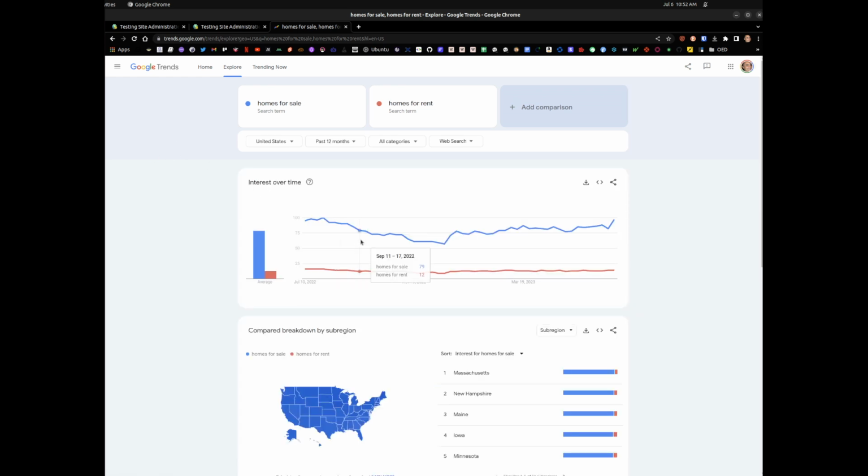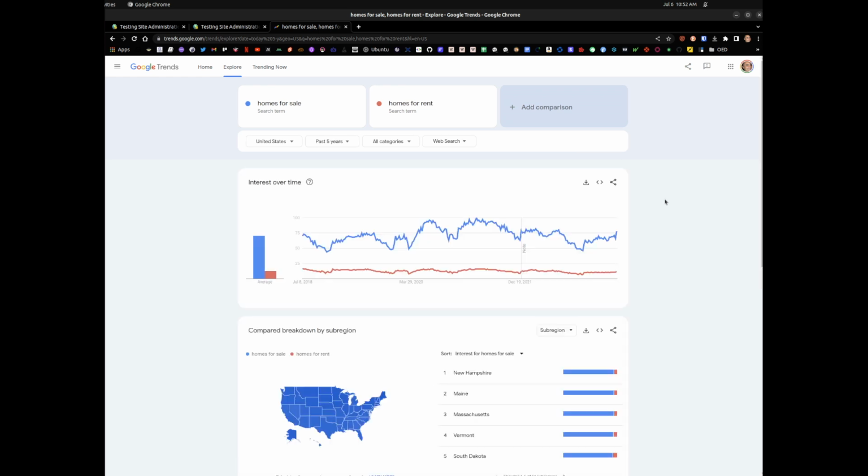You can see that people are actually searching more for homes for sale, either because they're selling or because people want to buy, versus for rent. There's a trend here. If we actually go back 5 years, for example, you're going to see stuff like this. There was a trend when people wanted to buy and not buy, buy, not buy, buy, and you can see the actual trend. Things happen. People started selling their houses because of COVID, etc. You would need to analyze the historical reasons why this started to happen.